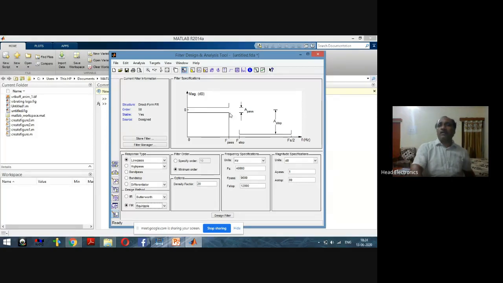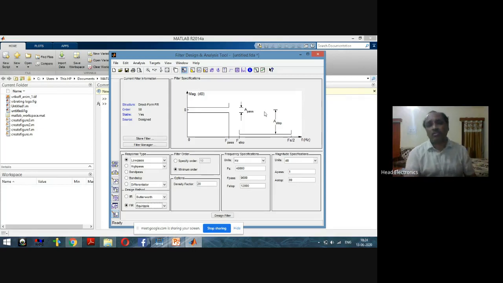And similarly, we have to select the frequency F stop, the edge frequency from where the stop band starts, and then the minimum attenuation that is allowed in the stop band, that is the A stop. The total range of the frequency will be fs by 2 in order to avoid the aliasing effect, so the total range has to be represented from 0 to fs by 2.